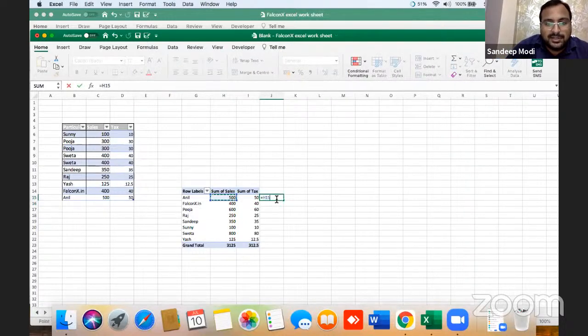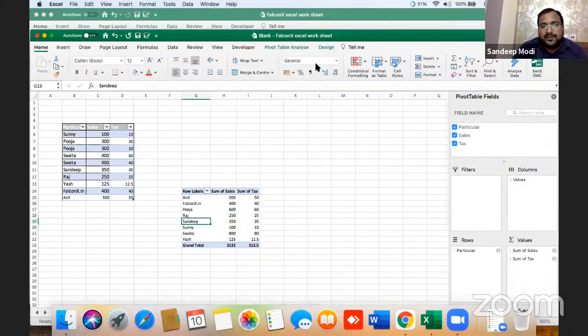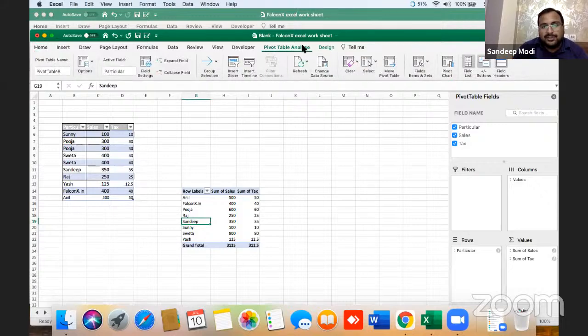One method of getting a total in pivot is this, but this is not a good method of getting a sum in a pivot column. You can easily do that, but the effective method of doing a calculation in pivot is using calculated item, calculated field